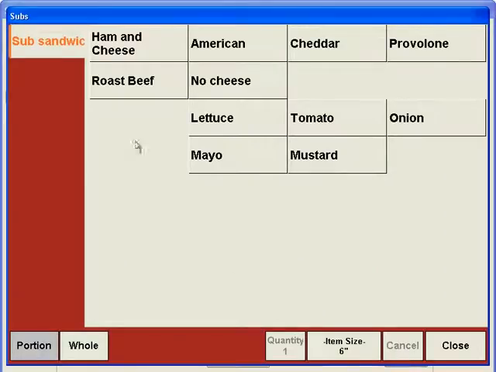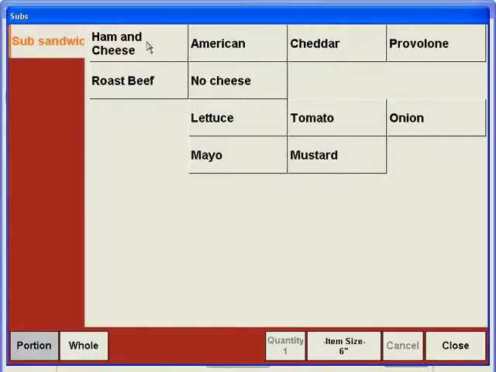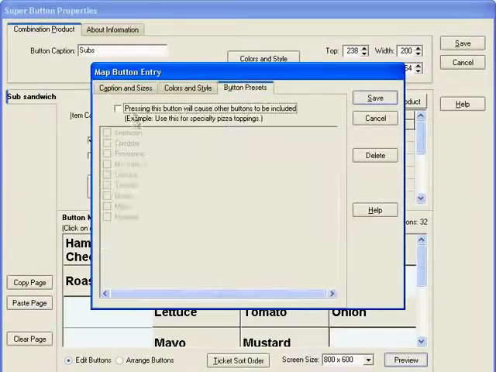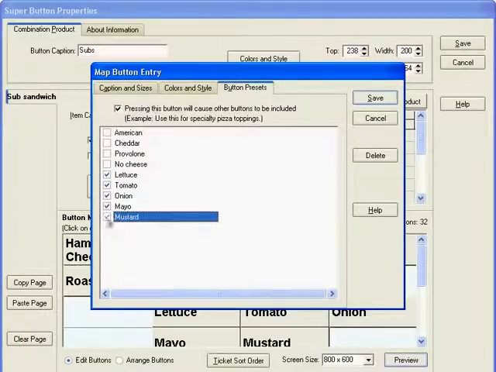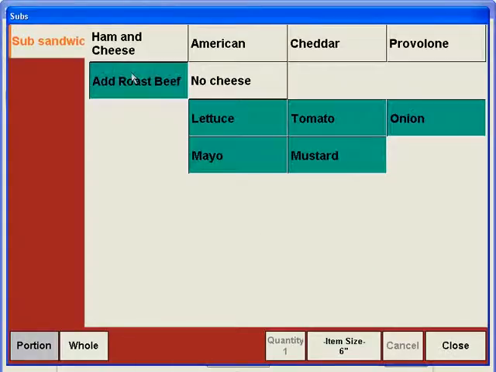When we select ham and cheese, notice we have these green items here: lettuce, tomato, onion, mayo, and mustard that are included with the ham and cheese sandwich. We haven't yet made our included item selections for roast beef, so when we choose roast beef, none of the included items are shown. So let's close the preview window and then go to the roast beef button and make the button presets for this item as well. And click Save and go back to Preview, and notice that lettuce, tomato, onion, mayo, and mustard are now included in our roast beef